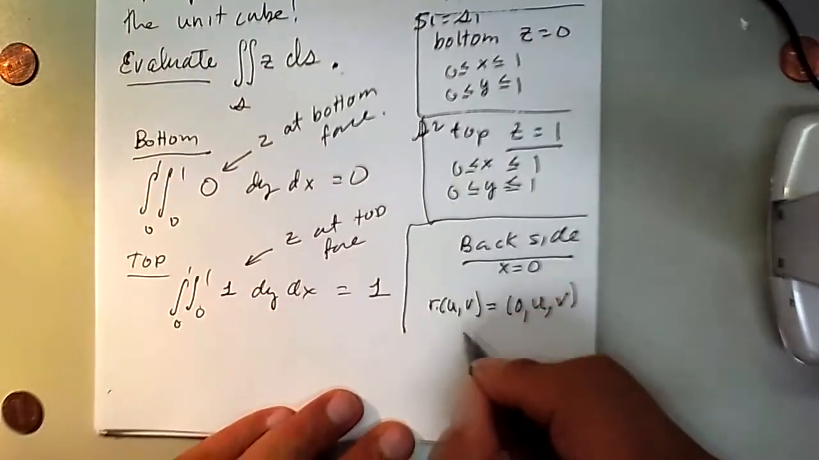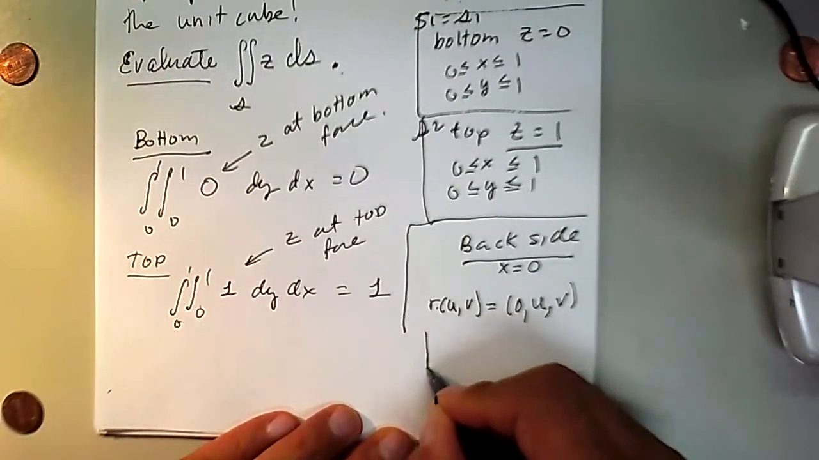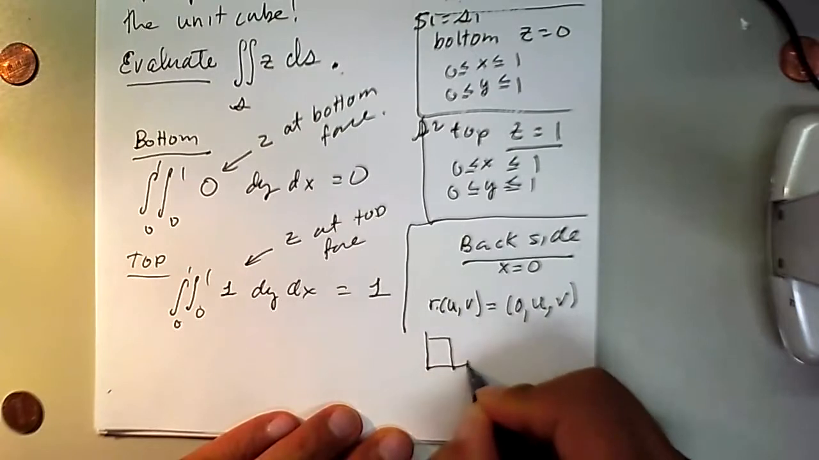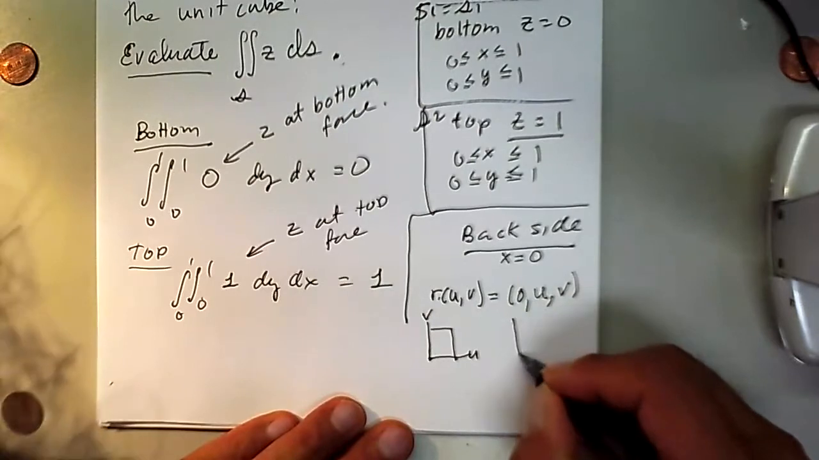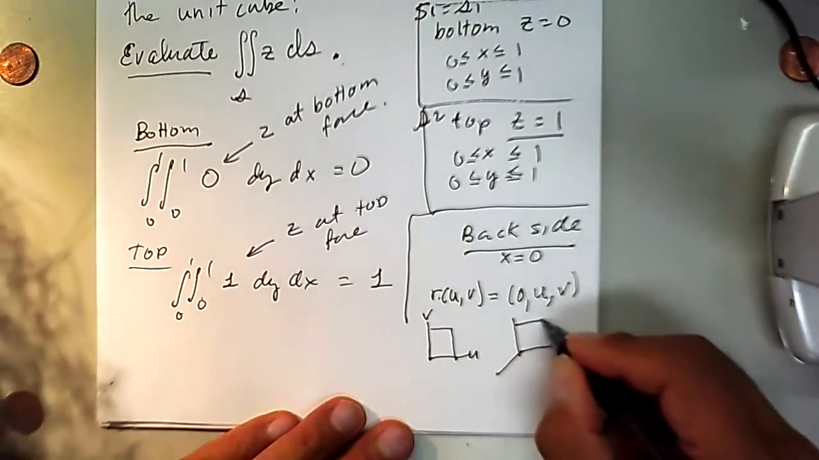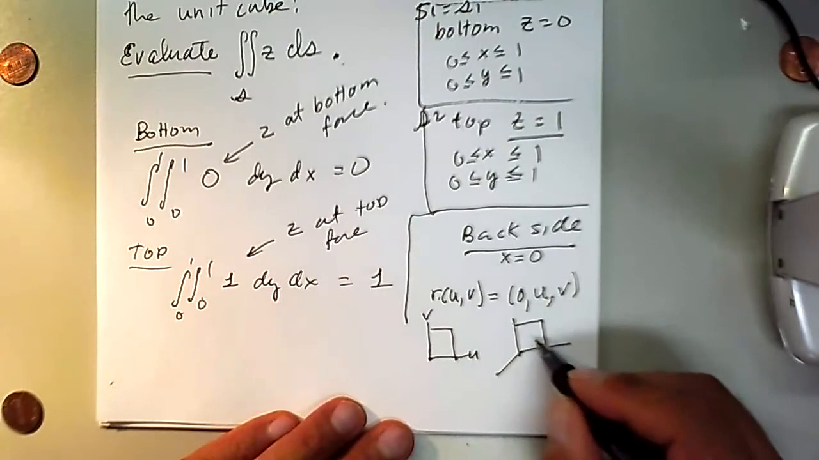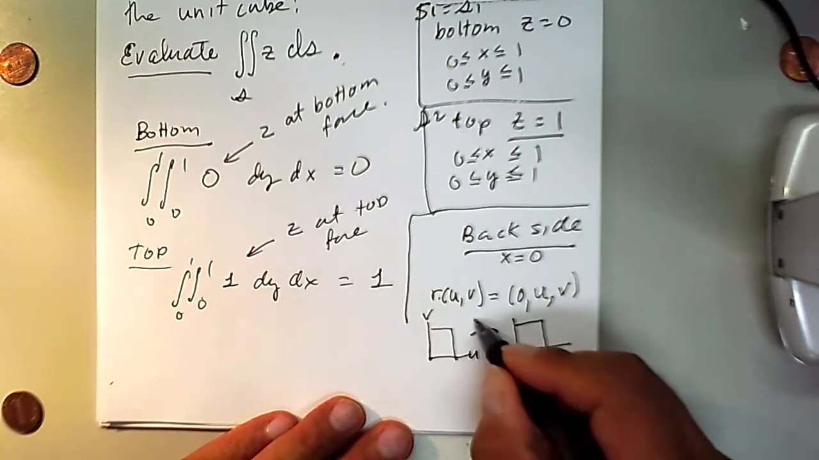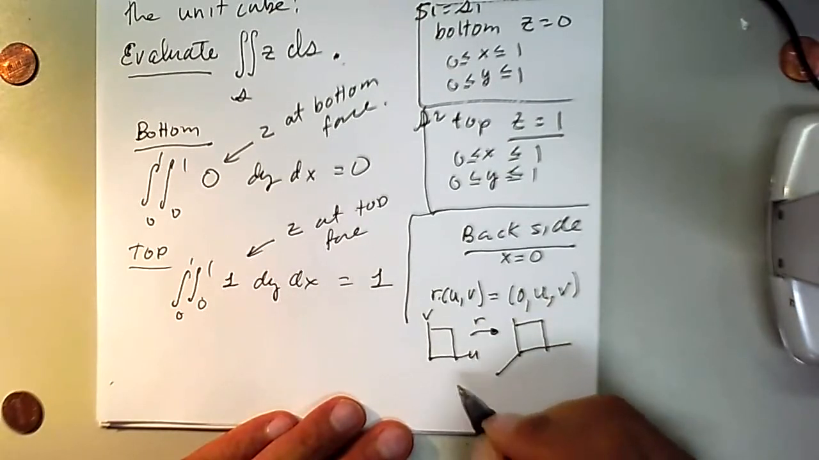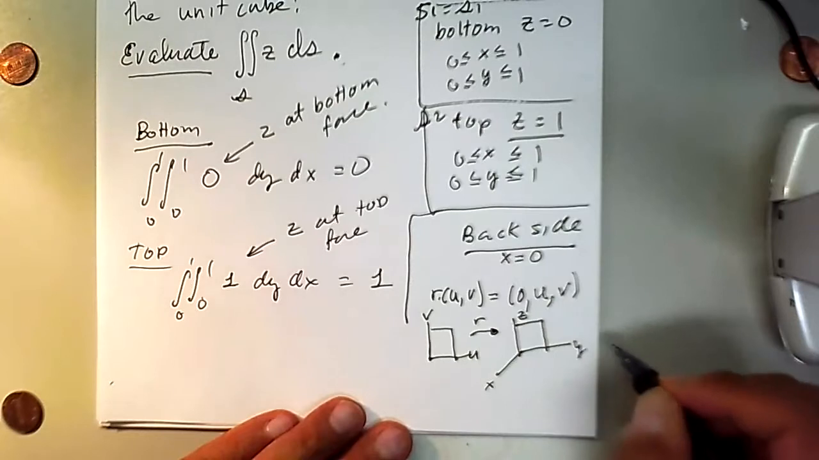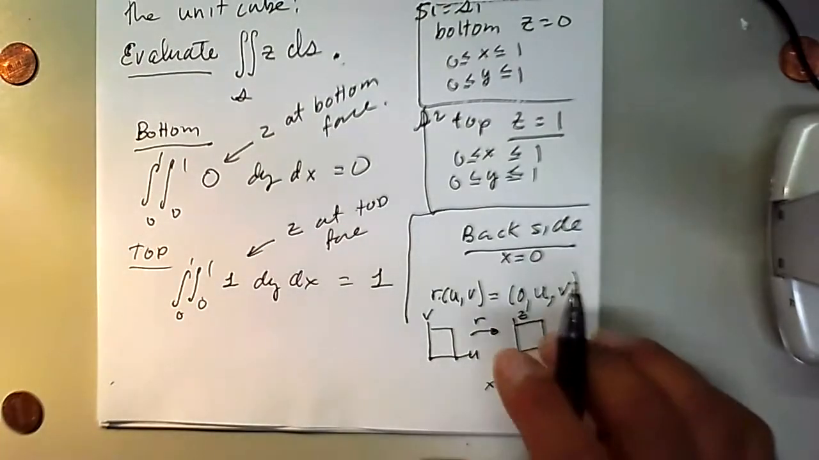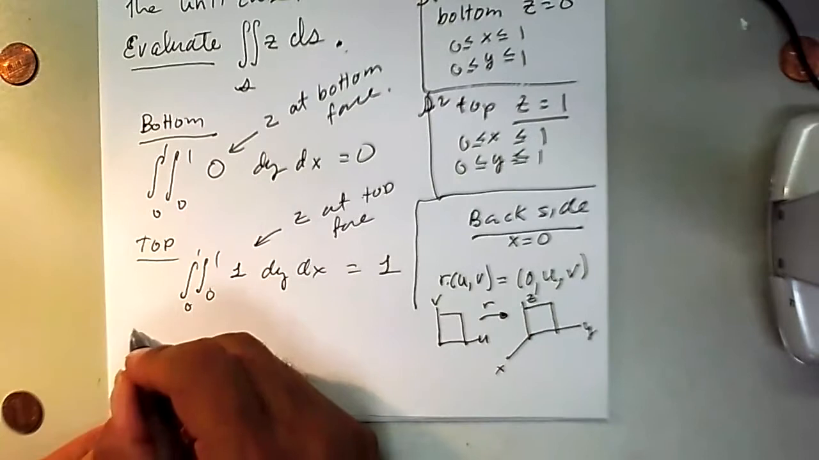So what this parameterization does is we take a square from the UV plane, pretend that it's a square, and we place it here. This is the back side of the cube. So R does that. We take a square on the UV plane, and we place it on the X, Y, Z space. Okay. So the back side,